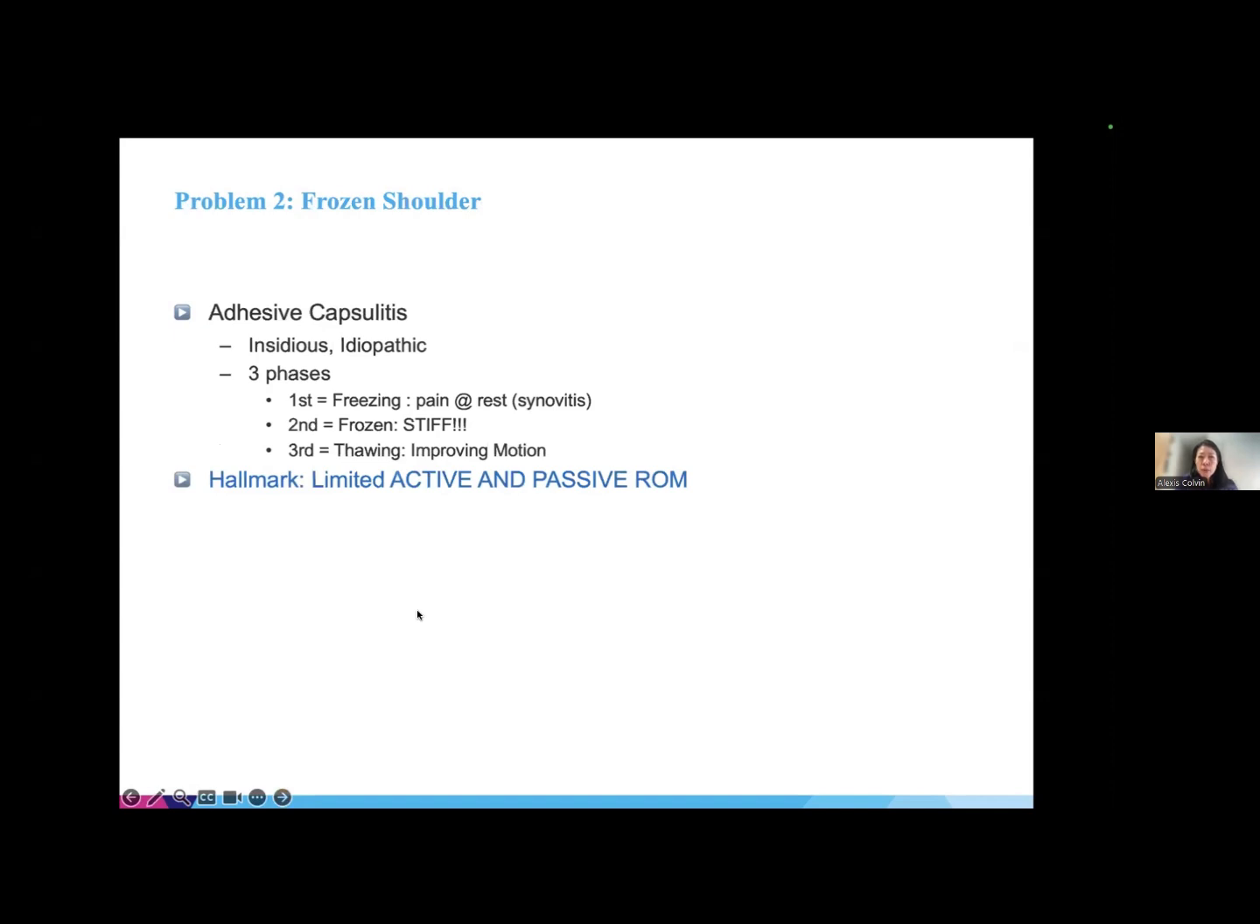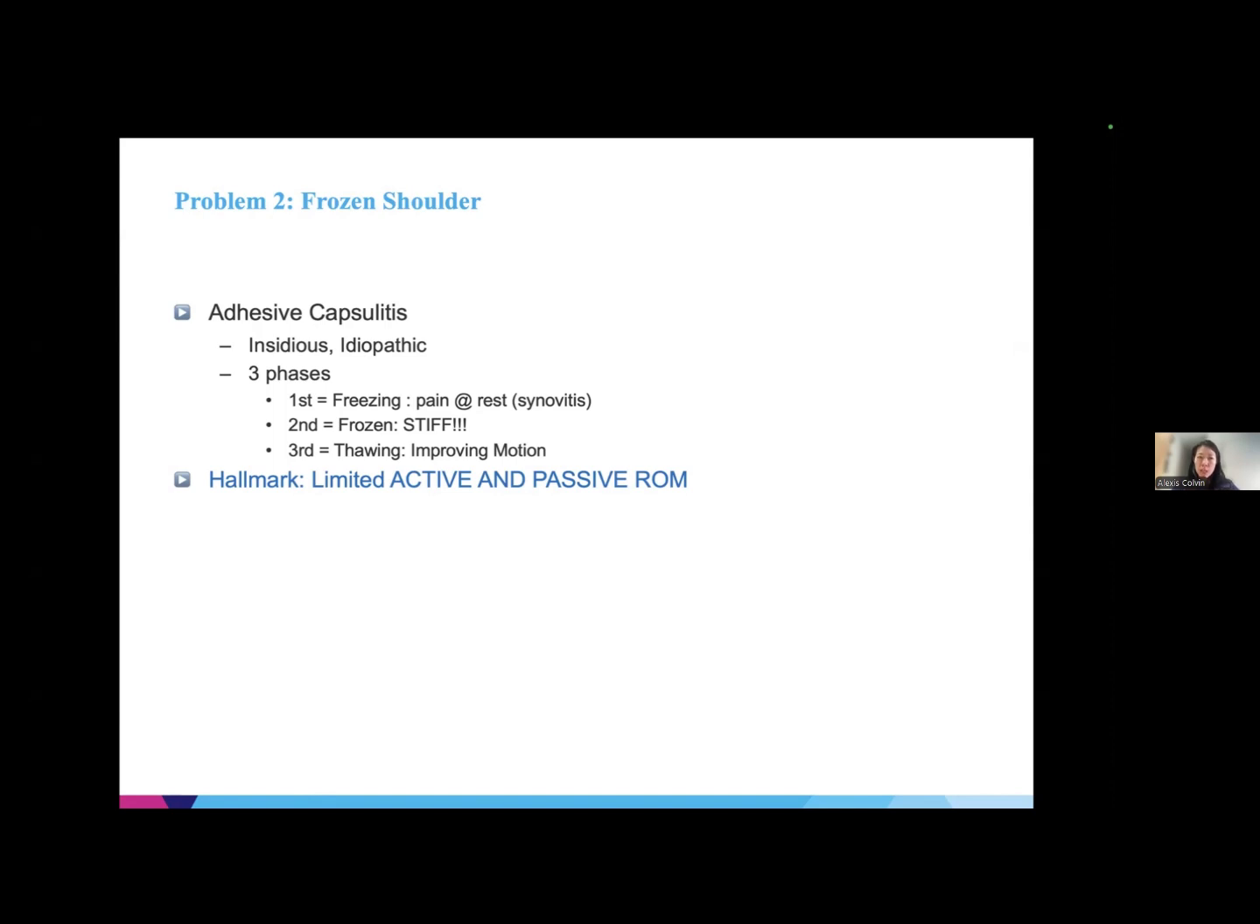So probably one of the second most common things I see in the office is frozen shoulder. And with frozen shoulder, the most important thing to take away is that the patient's active motion is the same as their passive motion. So you ask them to move their shoulder, and then you try to move it, and there's no difference between